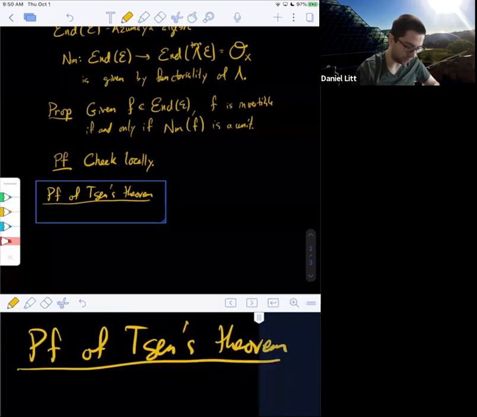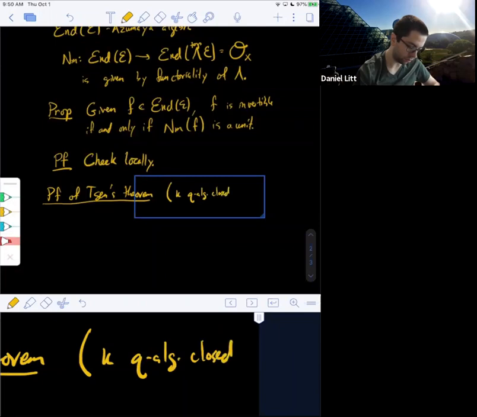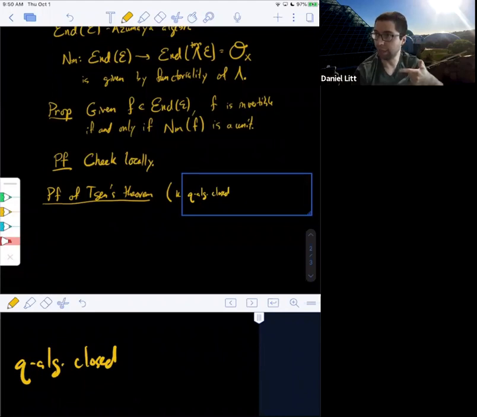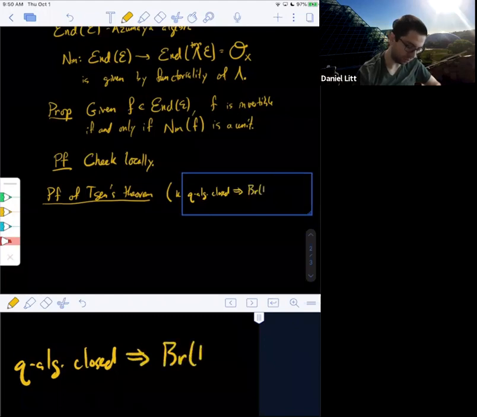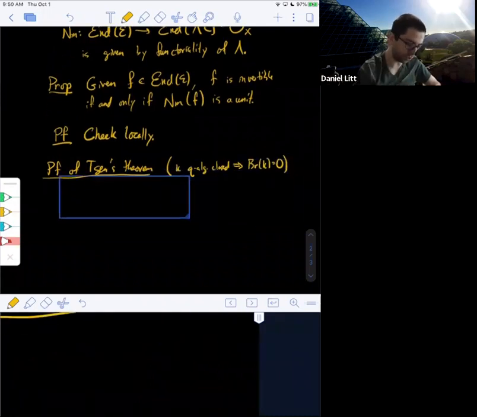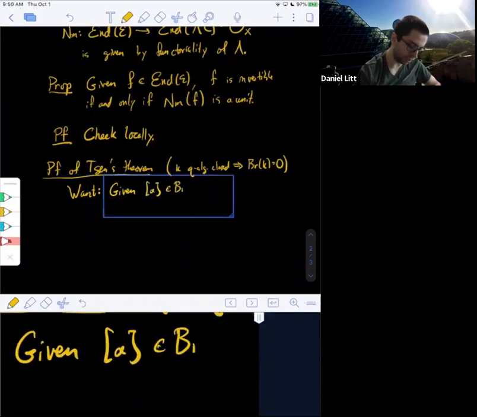So let me remind you what this said. So this said K quasi-algebraically closed. Just a reminder, that means that a homogeneous polynomial of degree less than n in n variables has a non-trivial zero. So this implies that the Brauer group of K is zero. Okay, so what do we want to show? We want to show that given an alpha in the Brauer group of K,